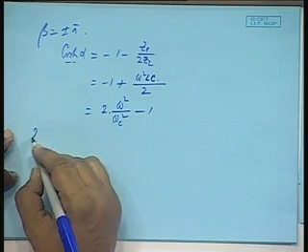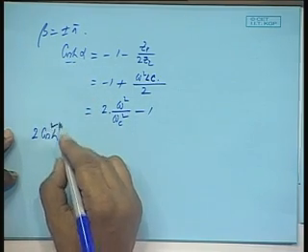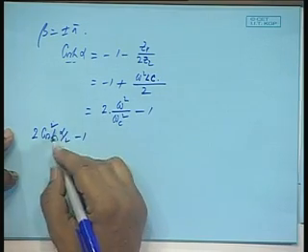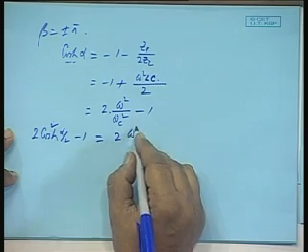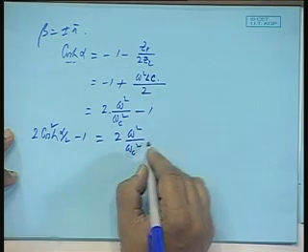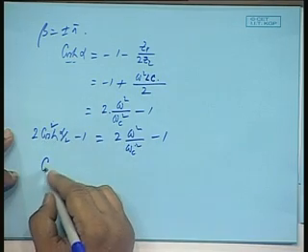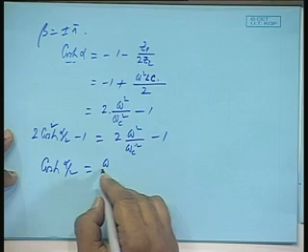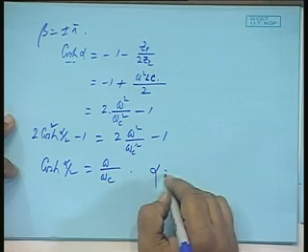I can write this as twice cos hyperbolic squared alpha by 2 minus 1. So, that is equal to twice omega square by omega c square minus 1. So, equate the two, that gives me cos alpha by 2 as omega by omega c,